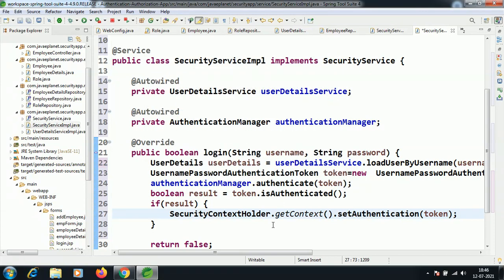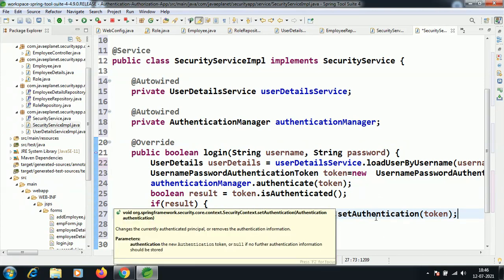Here it is, security context. The security context holder is a helper class, and from that we are getting the security context. The security context helps keep the user details in the authentication object. Whenever we want the current logged in user details, we can get those details by using the getAuthentication method like that,